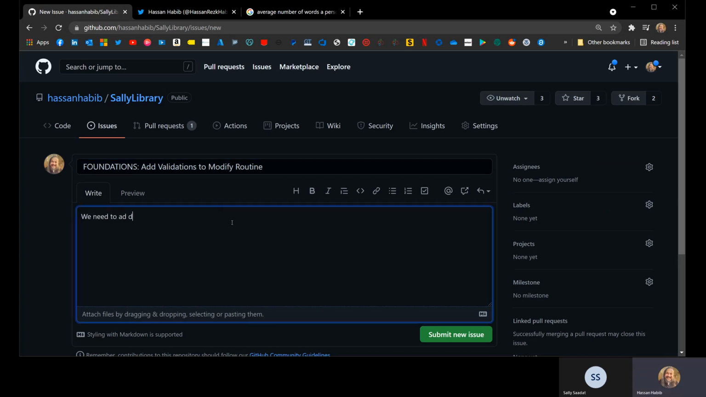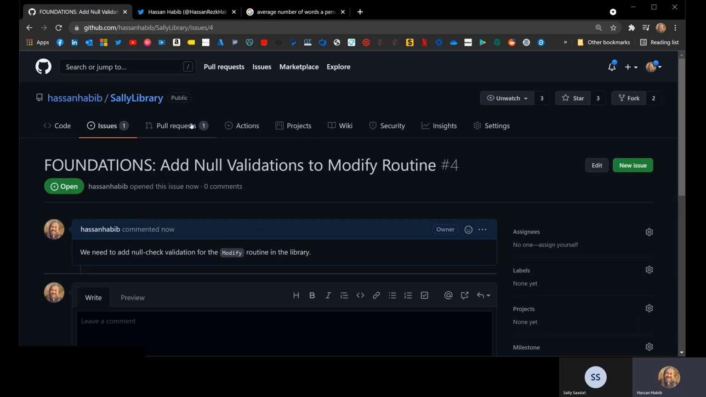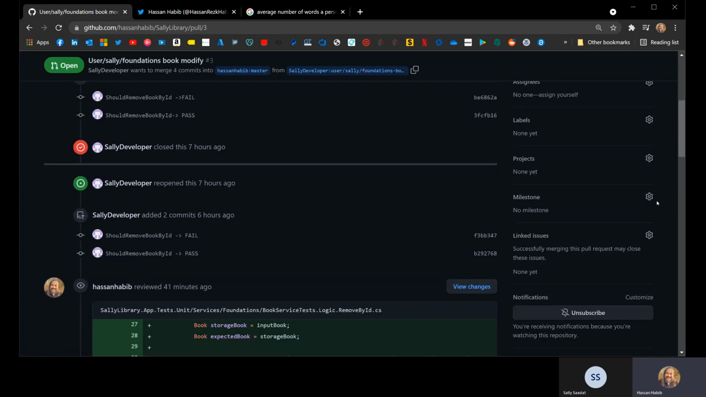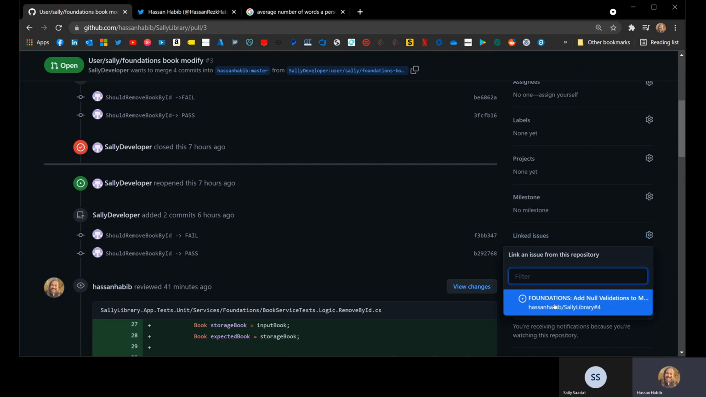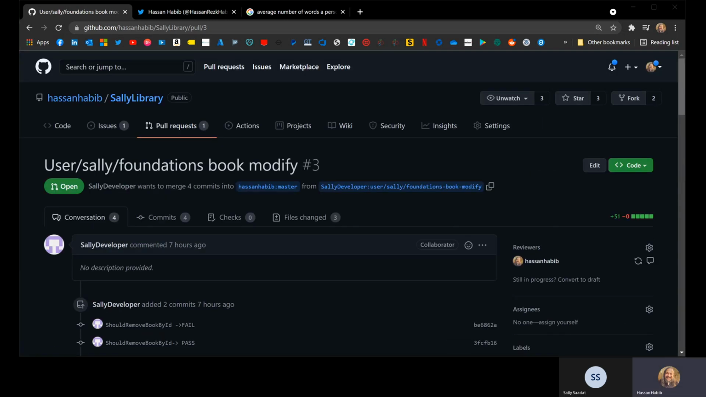We need to add a null check validation for the modify routine in the library. Just add null validations. So that's your assignment. How do you do it? When you create a pull request like this, you can attach the assignment based on an issue, right? You attach the issue to your pull request, and boom, all of a sudden, you have